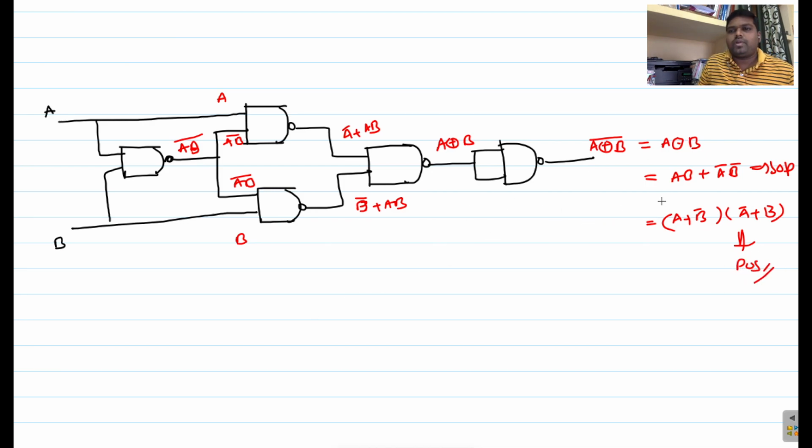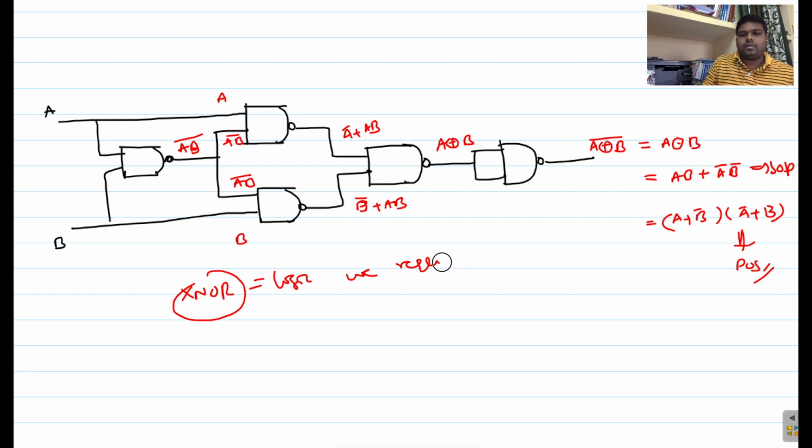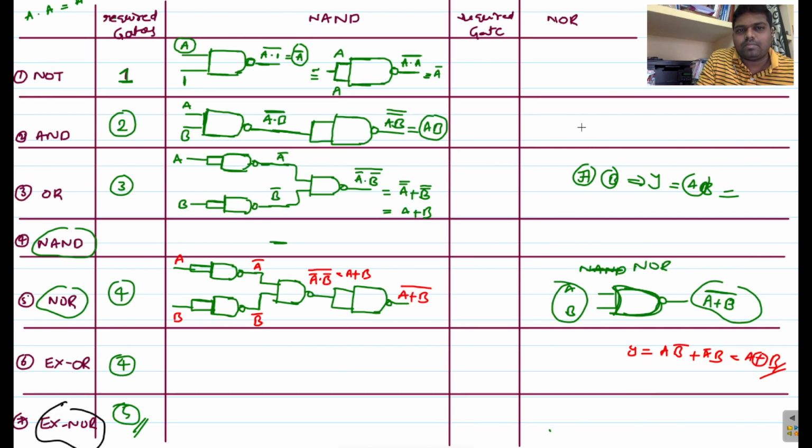So this is about XNOR logic. So in order to implement this XNOR logic, we require 5 NAND gates. Okay, so this is 1, 2, 3, 4, 5. Total 5 NAND gates are required. So this is the implementation part. In the same way, you can try with the help of NOR realization. Okay. So these are very important from an entrance point of view.